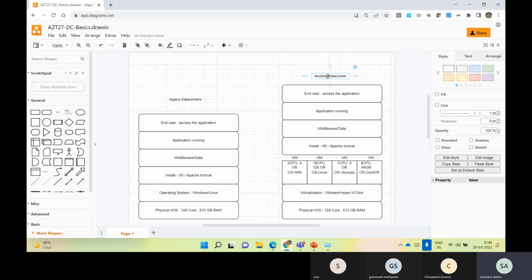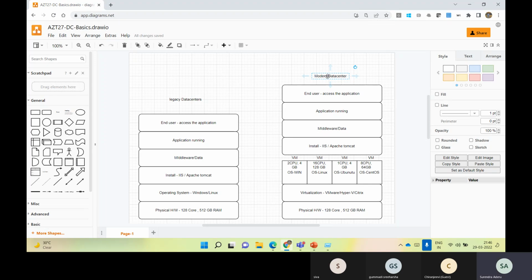Yeah, so one best thing, as you mentioned, Chiranjeevi, is the effective usage of available compute, not keeping it idle. You're right. And the second thing, the modern data center gives an option to switch if any of the VMs need additional CPU, additional RAM, or additional storage. It has the feasibility to switch and share these resources across the VMs as well. That's correct.